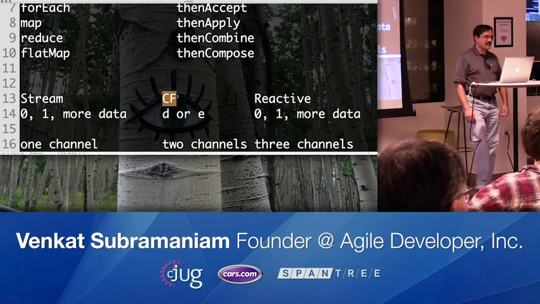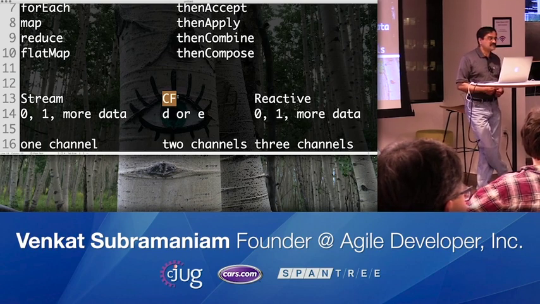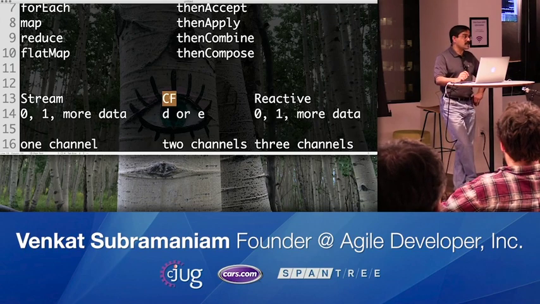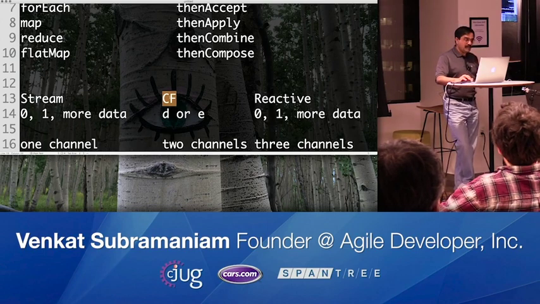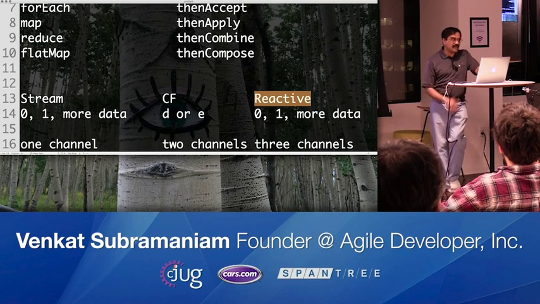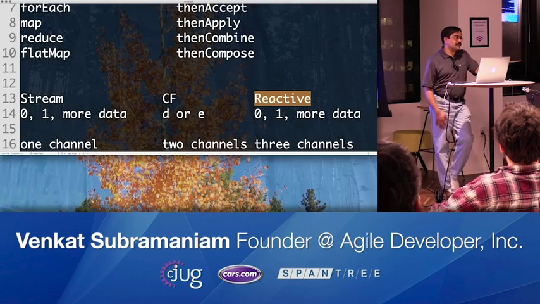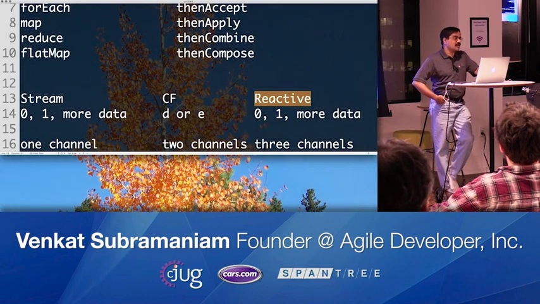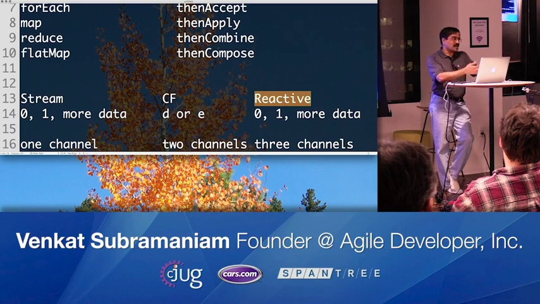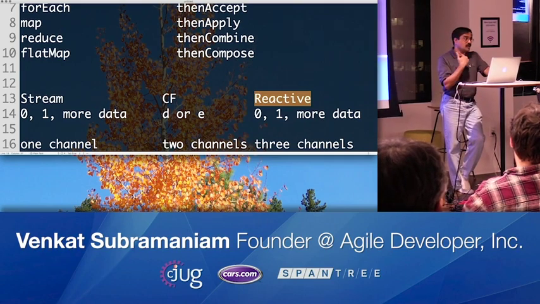Yep. What would be a good example, like when to use completable future versus an Java 2? Purely, this is asynchronous call request response. I want to send a request to your server, and you're going to send me a response, right? So this is a typical REST call, for example. Whereas this one is where I've got a server which is going to send me data about a particular stock price for the next 2 hours, and I want to start processing it, right? So that's an example of where I'm not interested in a request and response. I'm interested in processing a stream of data, and you are going to push the data towards me.